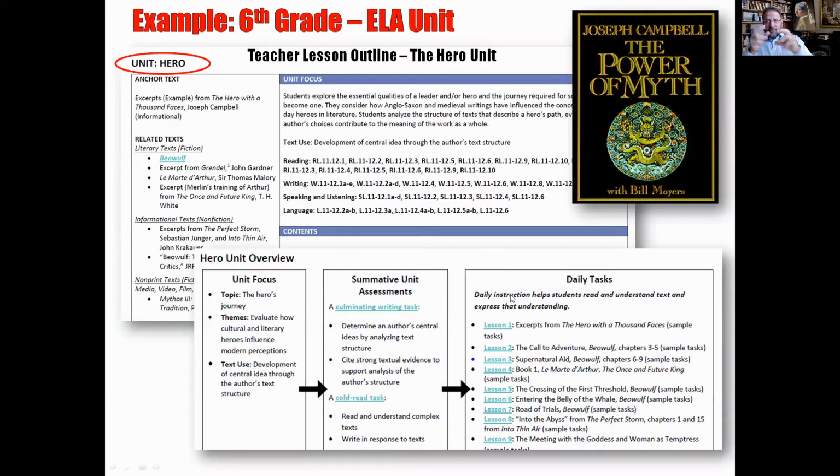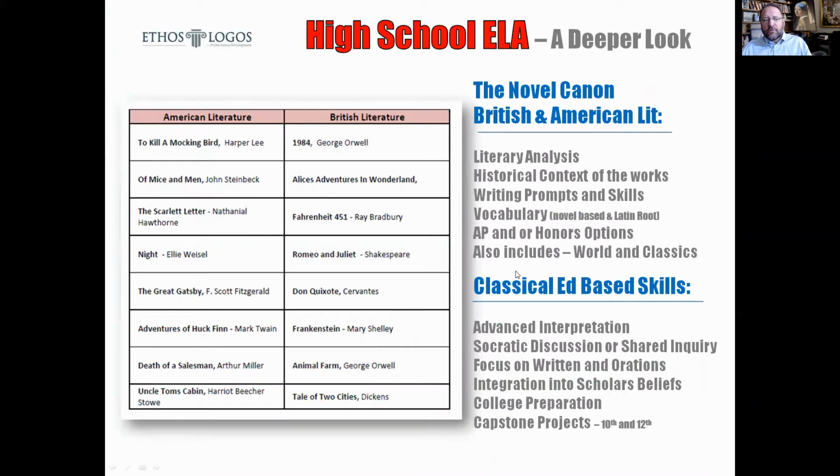Again, classical ed is this constant interconnection. That's what to think about when you're going through classical education. This would be what's behind the scenes in the digital resources for that hero's journey unit, and it explains what's going on. So here's a look at Brit Lit and American Lit for your high school